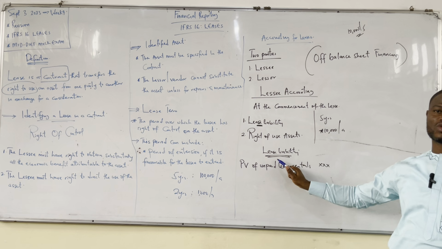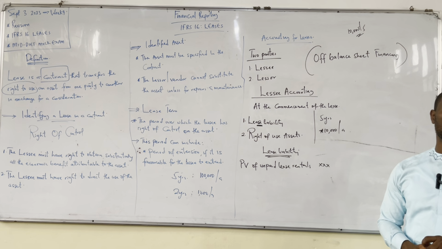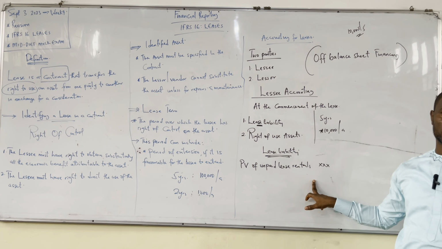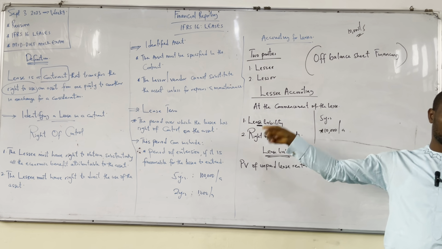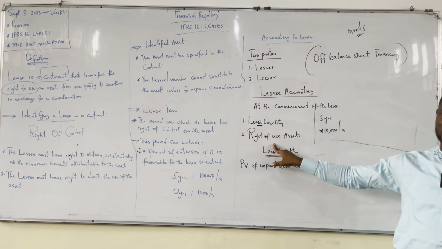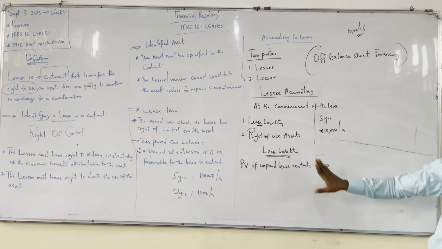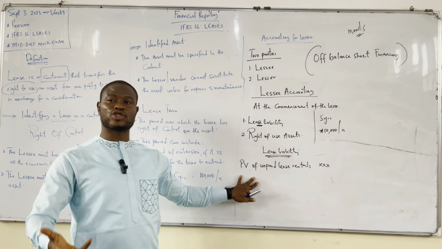So while this one goes to liability, that means your liability will increase. When your liability increases, do you credit or debit? You credit. Where will the other leg go? Where will the other leg go? It goes to right of use assets. That's double entry. Okay? So the same amount here, the same amount here. So it's not difficult. You credit this, you debit this. With what? This amount. But I'm still coming here. I'm not done with this. This is just at the beginning of the year or at the commencement of the lease.